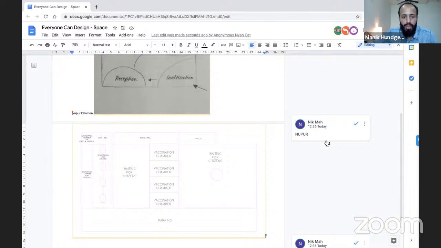So the idea of UX is not to work in isolation but to work with others and also the users. There is a point where you will also have to sit with the users and do it with them. Basically how McDonald's did it, they wanted to achieve speed, but in this situation we want to achieve maximum safety for everyone who's part of this space, right? So in a vaccination drive, the goals that we want to achieve will not be what McDonald's wanted to achieve, and that will definitely change. So our goals are very different.